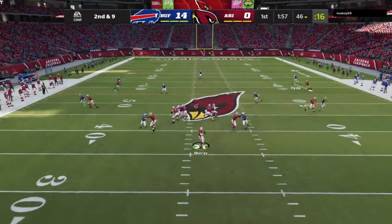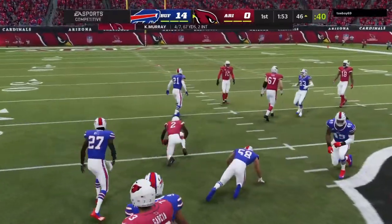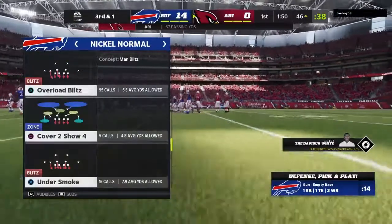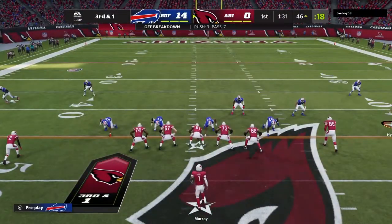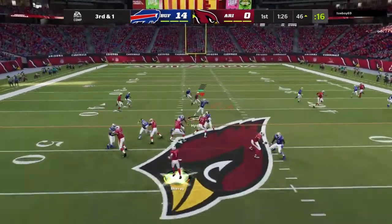There's Murray. They'll get this underneath to Edmonds. And this will be good for a pickup of 9 to the 46. And we see another pitch and catch there to the running back. This position just continues to evolve. They become just as critical to the passing attack as a lot of receivers, tight ends, because...